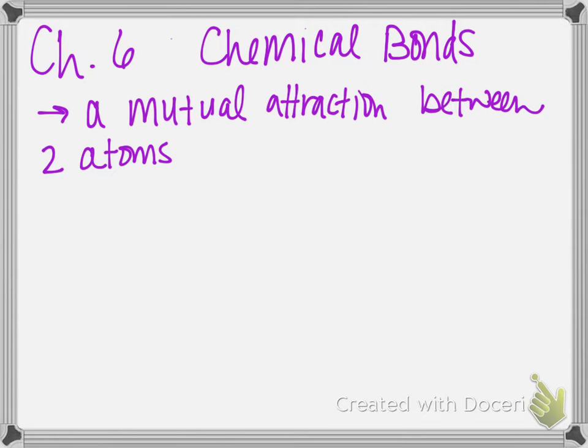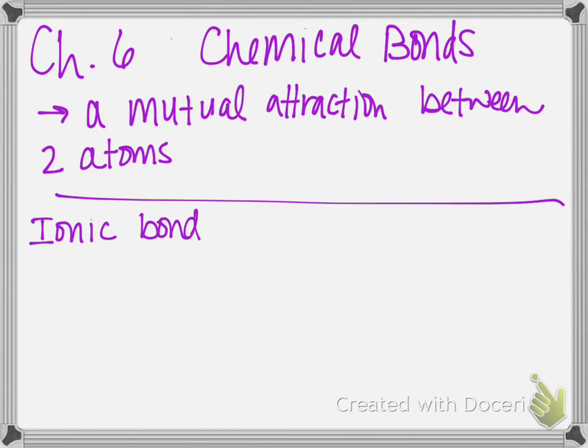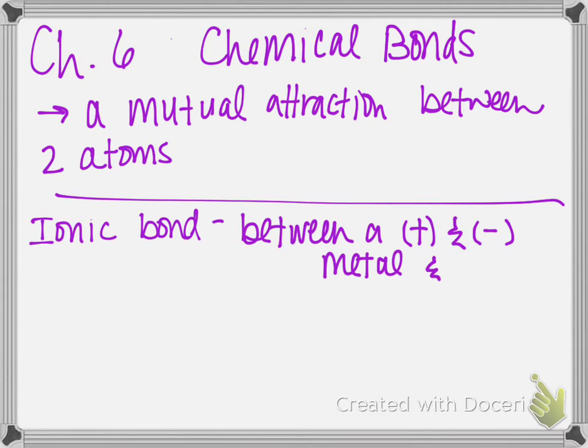Okay, there are three types of bonding that we're going to study in this chapter. The first of which is called an ionic bond. We know a little bit about ionic bonds and ionic molecules. What are they usually between? A metal and a non-metal. It's usually between a metal and a non-metal because we learned how to name ionic compounds. So it's the same type of thing. Ionic bonds are between a cation and an anion, right? Or you could think of it as a metal and a non-metal. We're going to get to ionic bonds a little bit, but I want to talk about